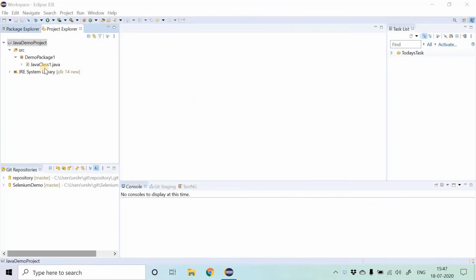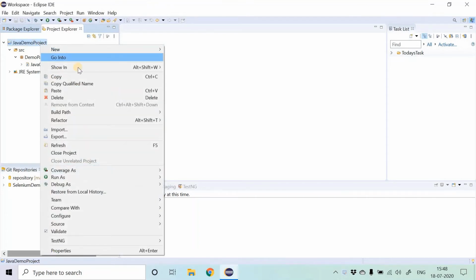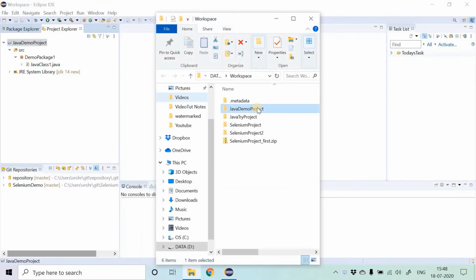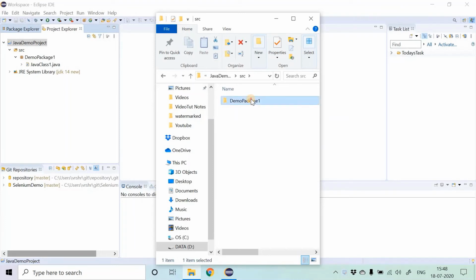So right now you have your Java demo project ready and you want to view it outside Eclipse. For that you just need to right click, go to show in and then go to System Explorer. So here is your project, inside which there are the folders bin and source. You can go inside source and here is your demo package and here is your Java class.